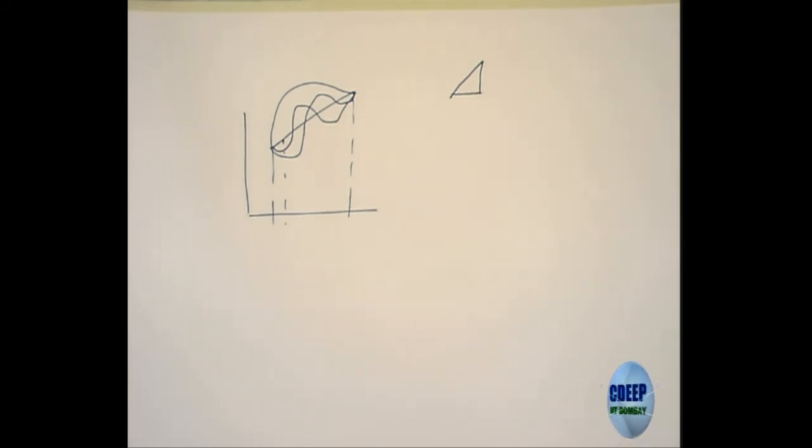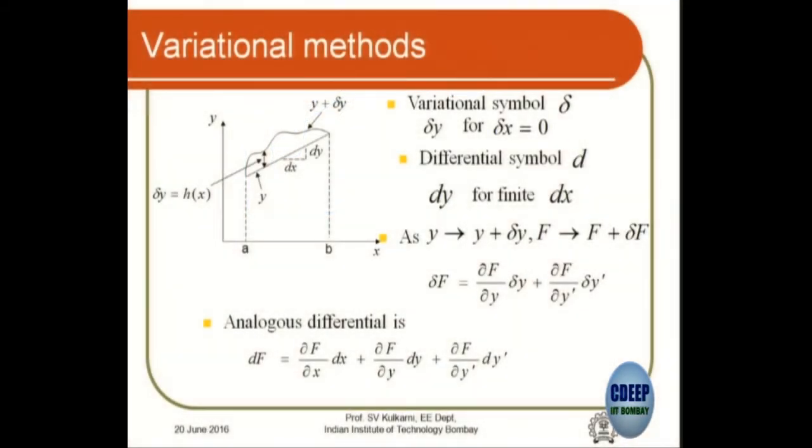Whereas here, at each x, you are actually changing y, which is the potential here, and you are calculating the corresponding variation in y, and that is what is called the variational technique. So that's why it is, first line, del y for dx del x is equal to 0, right? So the difference between this analogous, go to the last line first.